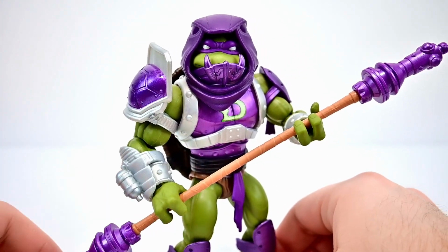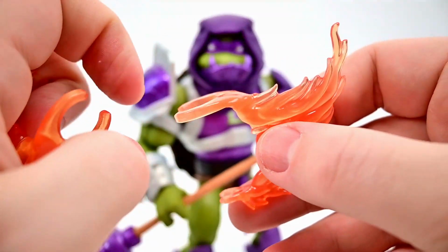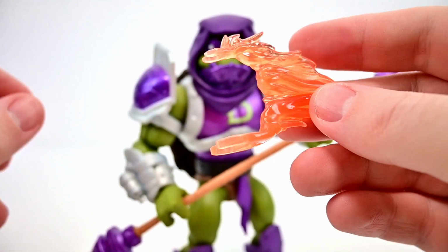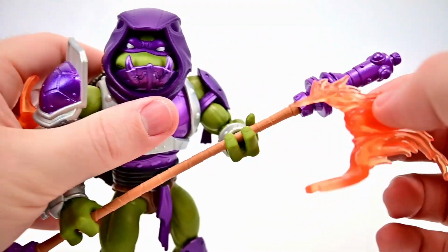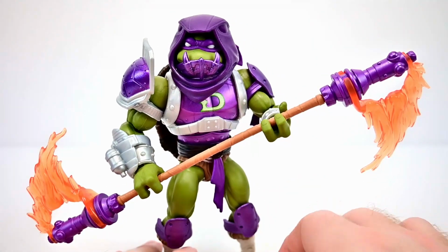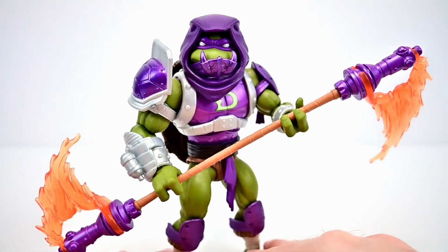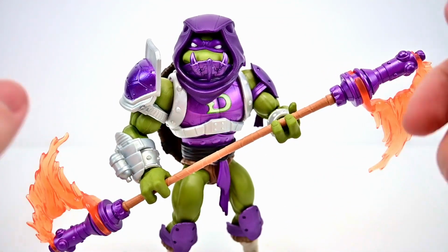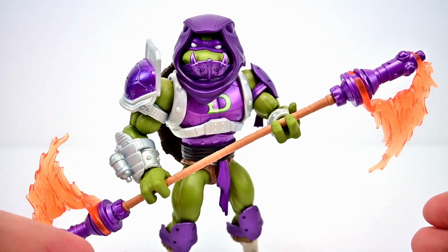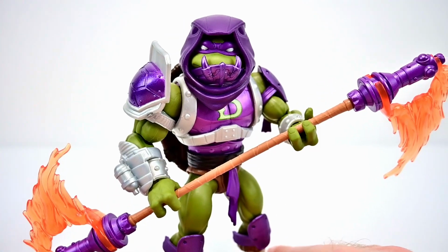So there's Donatello with the bo staff, and then we do get some effects that go on it as well. So we get these flame effects, so it's like you could be spinning it or swiping it. We get these flames that we can attach onto the end pieces. I think they go up here, so they attach onto it like that, so that's pretty cool. So like I said, you can give it a spin effect. Of course, I don't like it to look like he's spinning it, but it is cool that it has that. We can obviously just have him draping down, like the flames are dropping off of this piece, but that looks really cool. So like I said, this is definitely my favorite